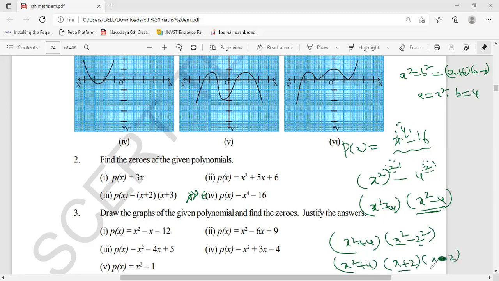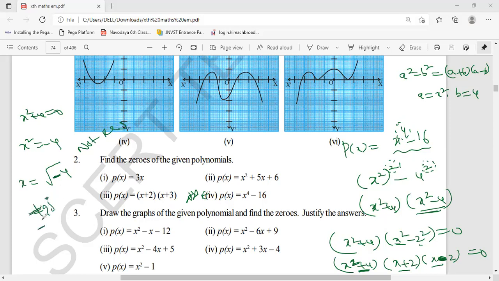Here 3 factors only we got, but here it is quadratic, x square plus 4 equal to 0. If you take x square is equal to minus 4, because we have to make this equal to 0 to get the zeros, x square plus 4 equal to 0, x square equal to minus 4, that is x is equal to under root minus 4. This minus means it is not real, even though we can write this as plus or minus 2j. That means these are imaginary roots. These are called imaginary roots.